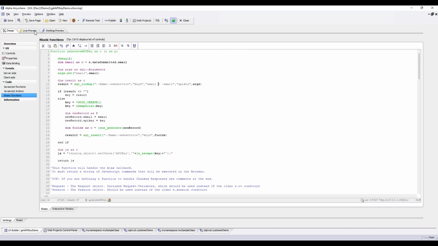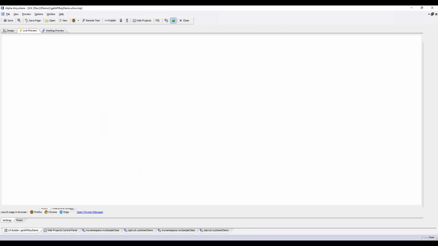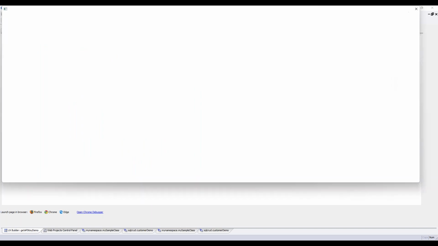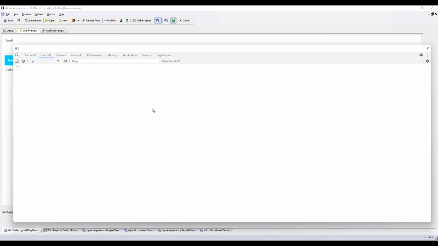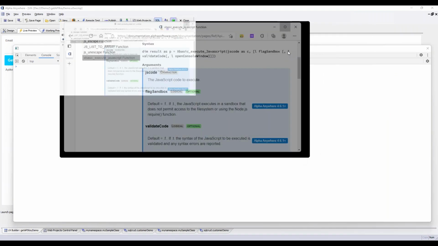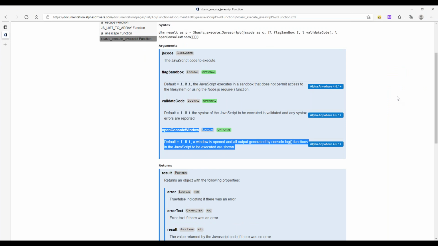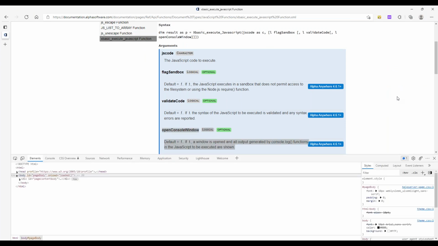Alpha Anywhere itself. If we're in live preview, this is actually running inside of a browser emulator maintained by someone else, and you can open the Chrome debugger. This is the thing I use that we encourage people to use to debug their JavaScript. You can open this here if you're on a browser already, like this one. There are options,